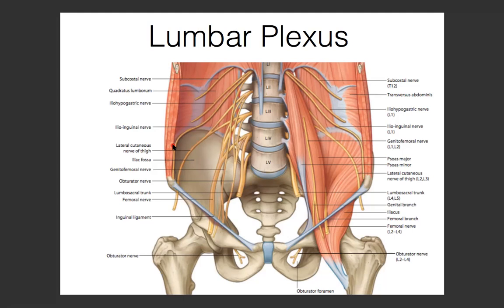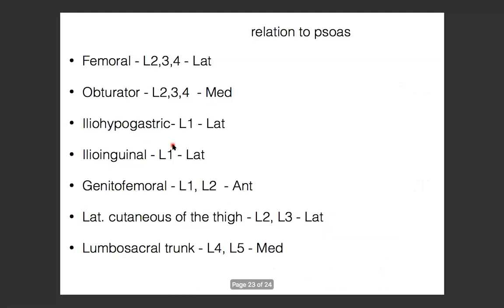And the second thing you need to know about them is their location. عشان شنو? So that you're able to tell which is which. So like if you see it in a DR, how would you know which nerve it is, right? So how do we do that? We relate to the psoas muscle. And to tell which nerve is which, we try to relate to the psoas muscle. Some are medial to the psoas muscle, some are lateral to the psoas muscle, and there's one that's anterior to the psoas muscle. تمام؟